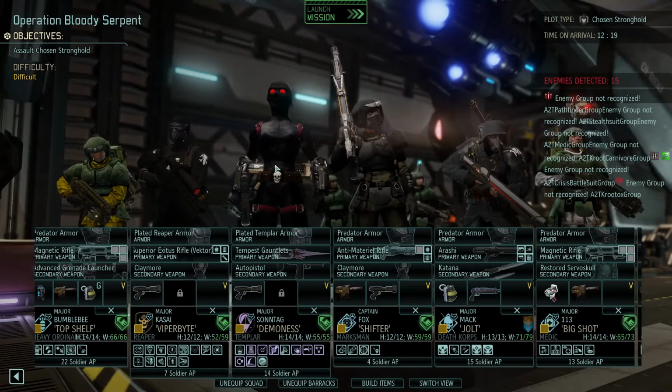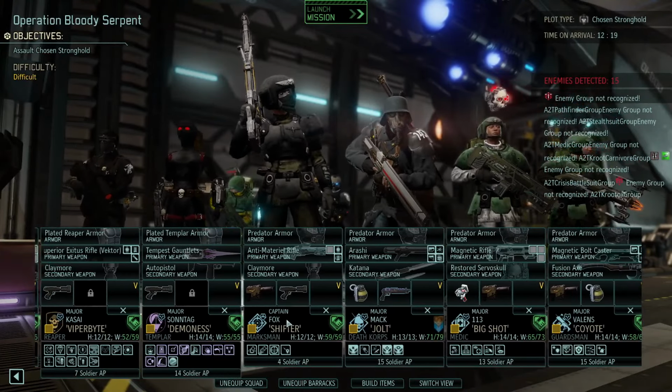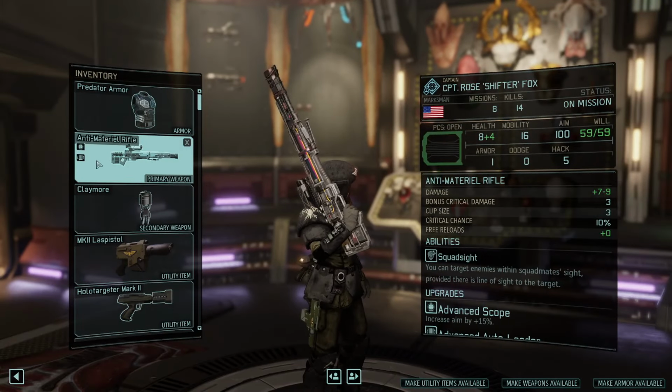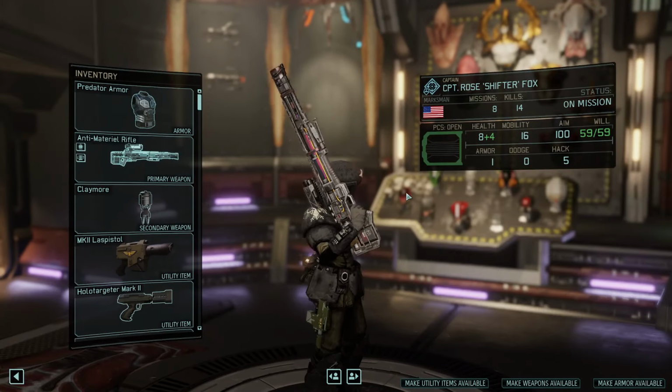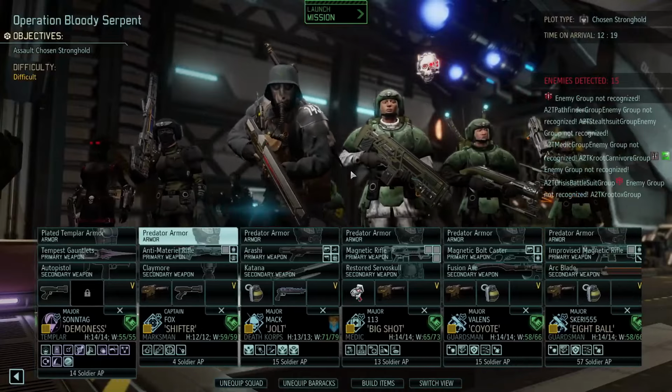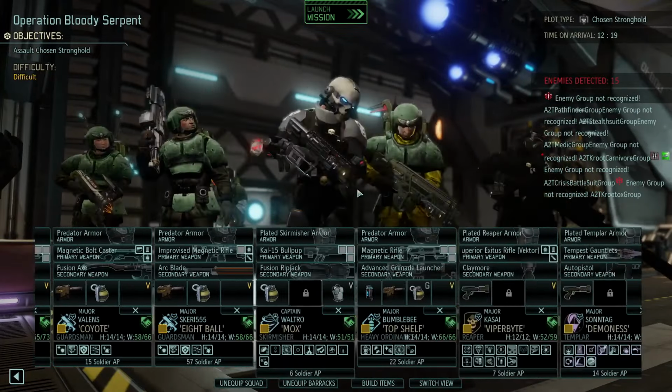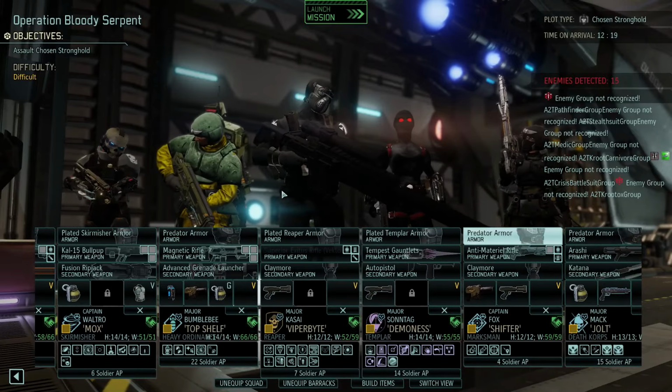I'm bringing Demoness, I'm bringing Rose, and I'm also giving her our fancy anti-material rifle, which is essentially a las cannon. It's a very fun gun. So, yeah, that's going to be that. We have a lot of our fancy tech. The only thing we didn't bring is